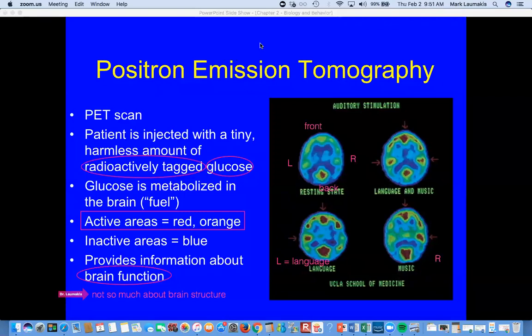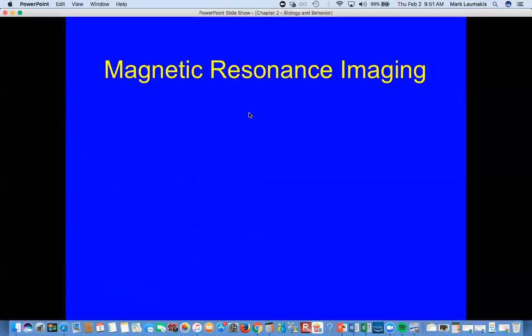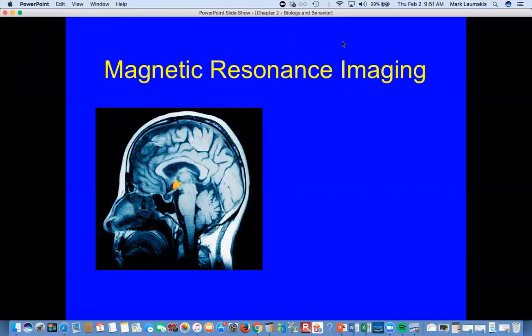Cool. Tool number 4. Want to get a beautiful picture of brain structure? Check this out. We're going to take a look at our MRI slide here. Look at that. That is awesome, right? What we have here is what's called a sagittal view, which in English means you split the brain into left and right halves. So sort of a split down the midline here. In the middle, we can see this band of fibers that we're going to talk more about together on Tuesday. It's called the corpus callosum. That's actually the bridge that connects the left hemisphere with the right hemisphere.